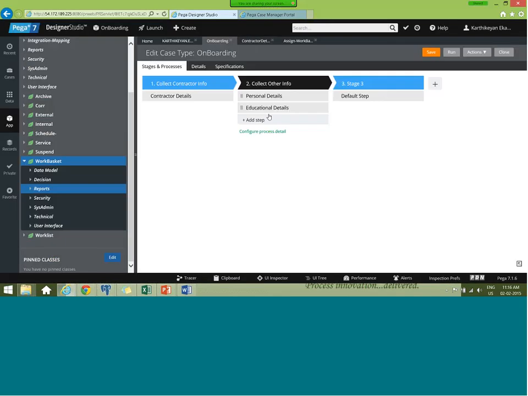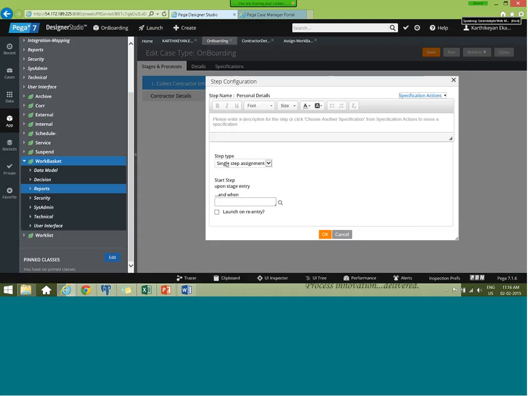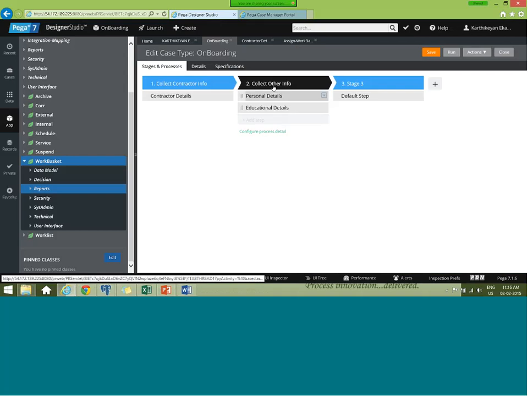Take an example. This is my 3. I'm adding one more. I'll show with the 2. I'm opening my step behavior. So it's a single step assignment, and can you see here the start step? It's upon stage entry because this is my first step in this stage.